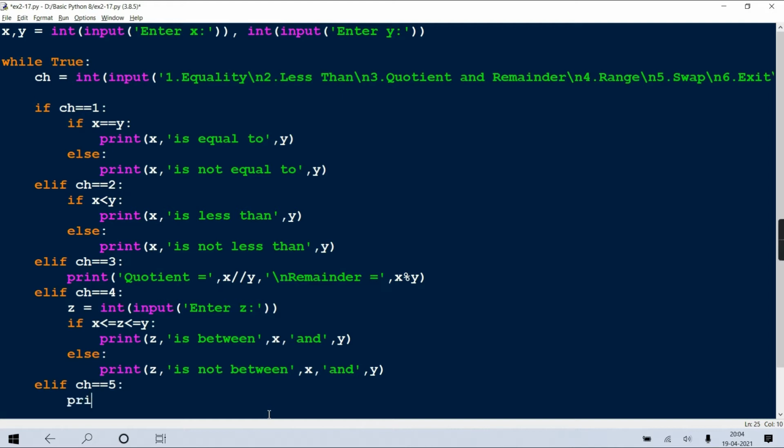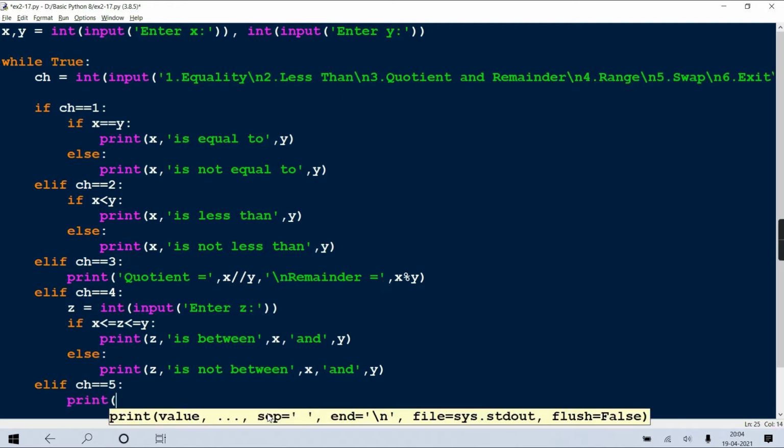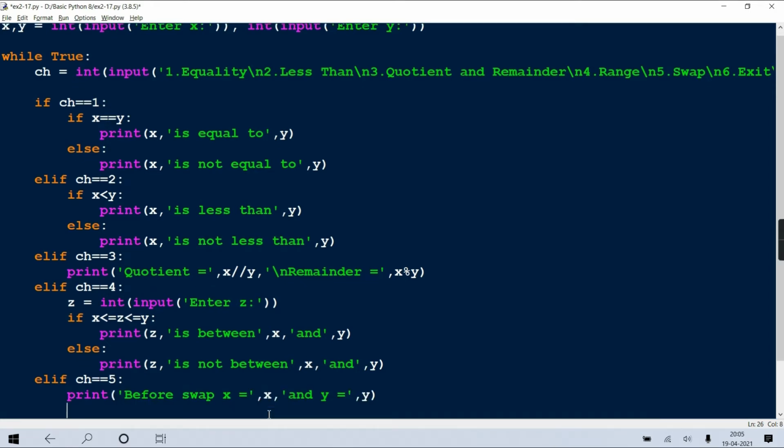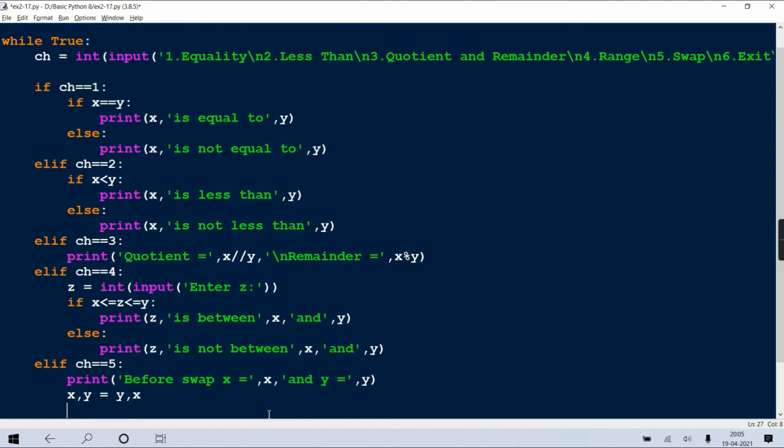So here what we'll do is before swap, after swap, both will display. See. Before swap, x equal to x. Okay? And y equal to y. Before swap. Then I am going to write x comma y equal to y comma x.